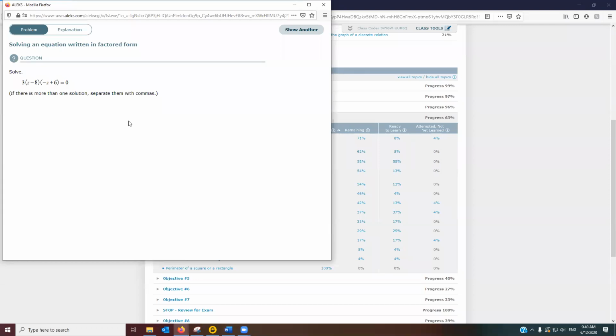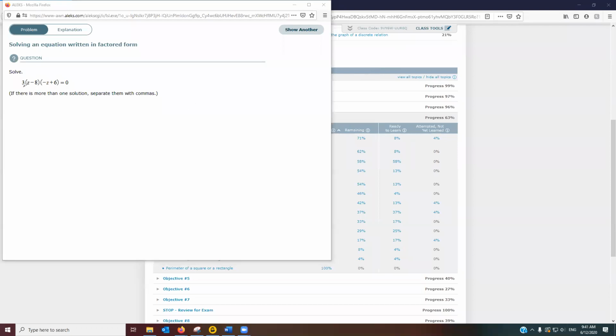All right, well, for this problem, we're really going to do the same setup, but notice they've already factored this for us. So step 1, getting the equation set equal to 0, that's done. Step 2, factor the left side of the equation. That's done. So all I have to do now for this one is set each one of these parentheses separately